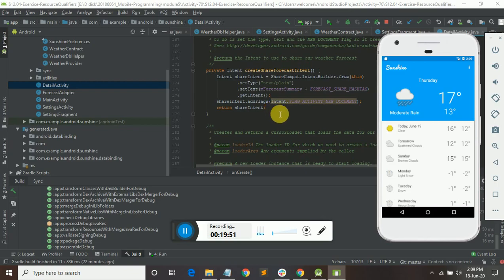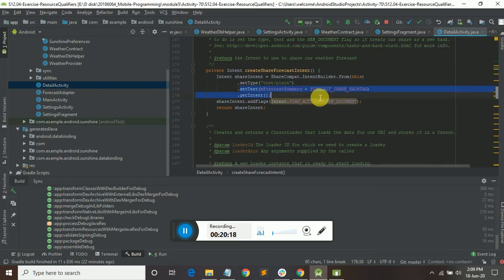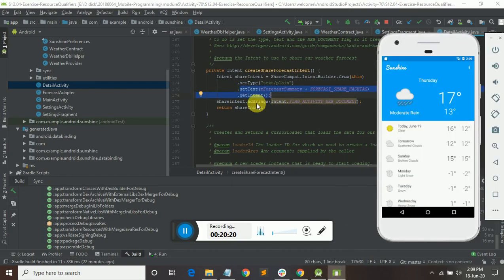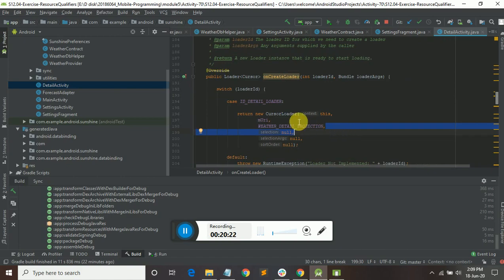First thing is what is the type of text, and what the forecast share hashtag should be, we need to set the text. Get intent, in the sense we are starting the activity and giving that data, what type of data or text should be present, so this method is useful.